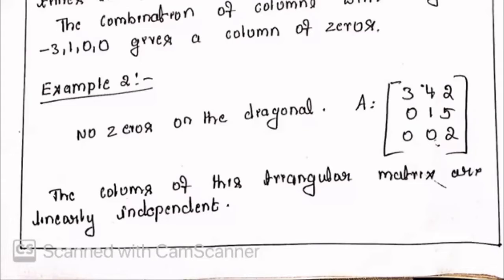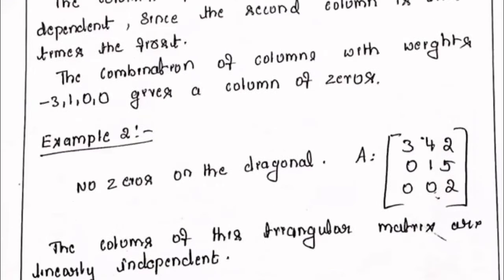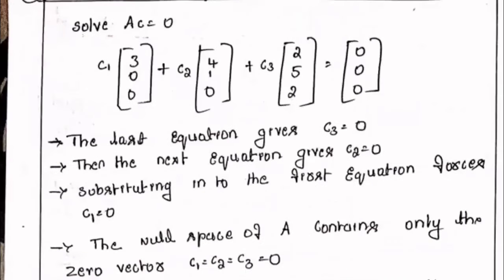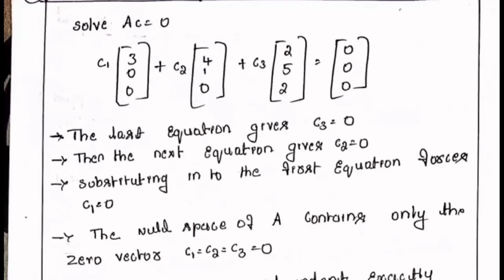This is one of the things. So the first thing we understood is, if we are able to express one column with the other column, then it is linearly dependent. In the second one, what we observed was no diagonal elements are 0. So then we can call it linearly independent. So here is the same matrix I have taken here.